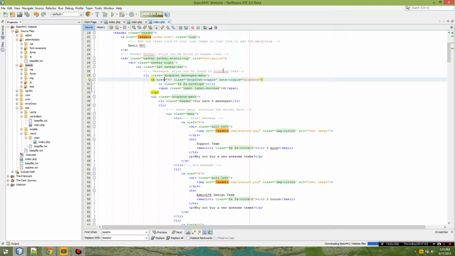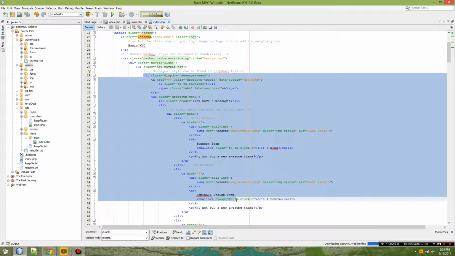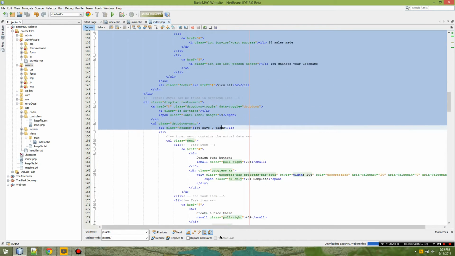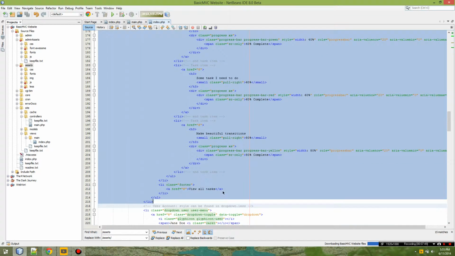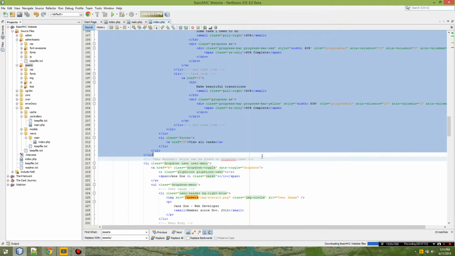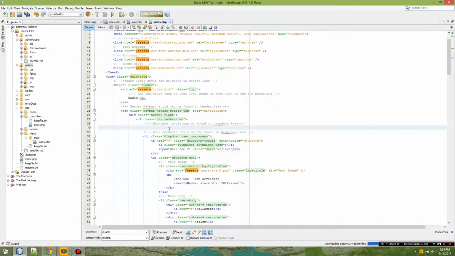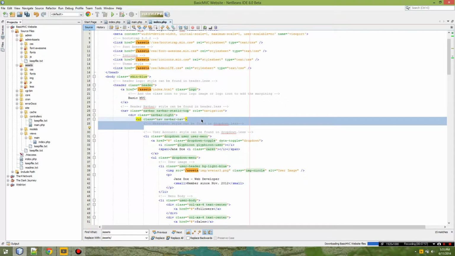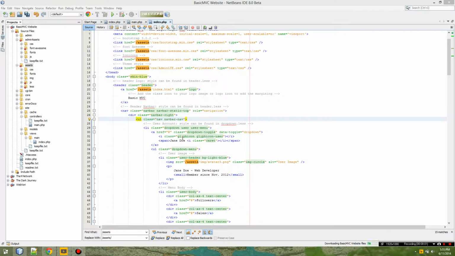And if we look at this header here, we don't need most of this. It's still here, and here's our user account drop down. And if we save,